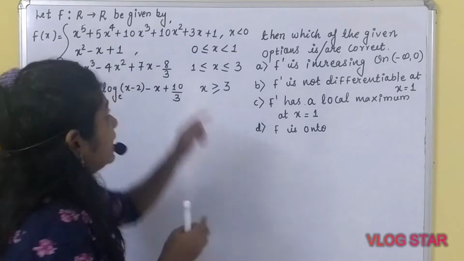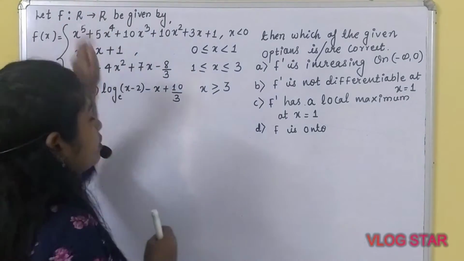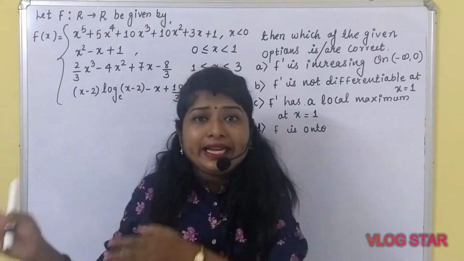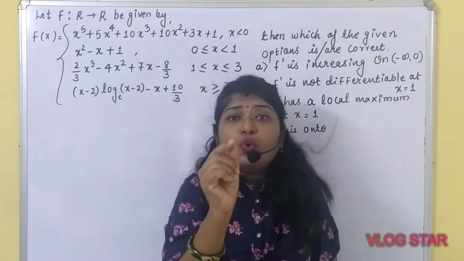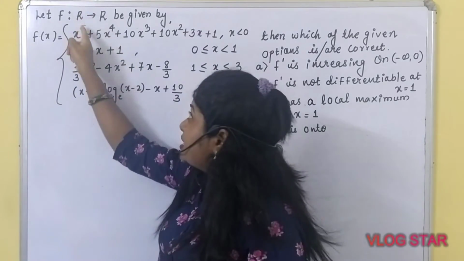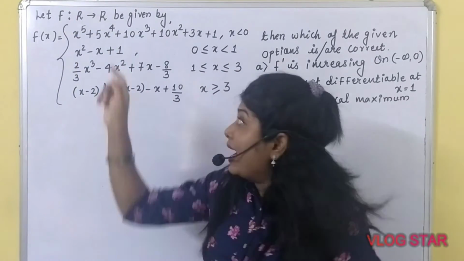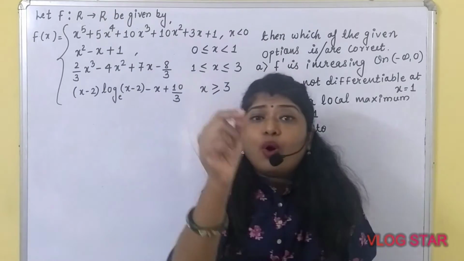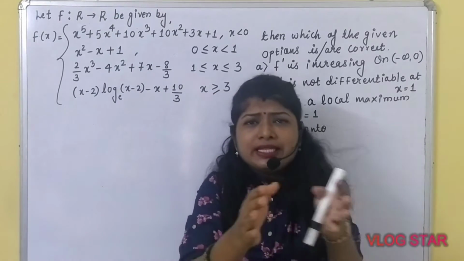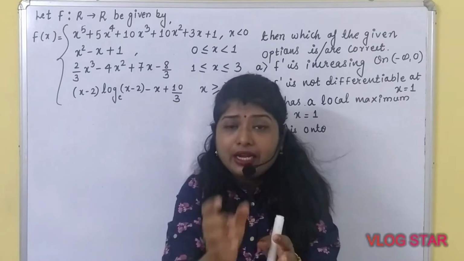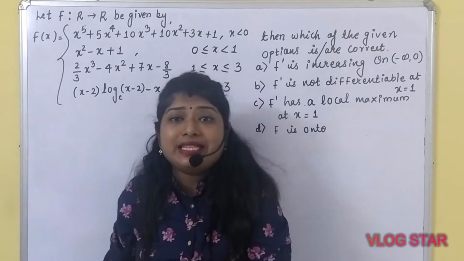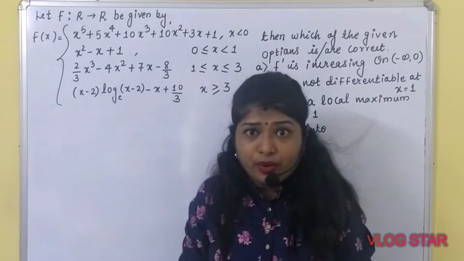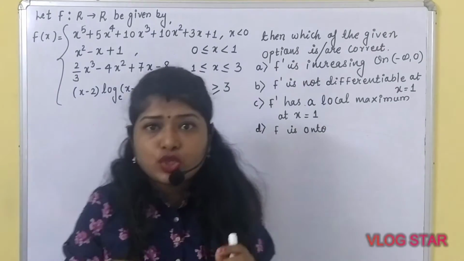As you know, this is the representation of the function. What does it indicate? The first letter, that is R, belongs to the real numbers. This is the domain of the function and this is called the codomain of the function. So in simple terms, we can say that the domain is the input set and the codomain is the output set of the pair. Okay, so let's begin with the solution.